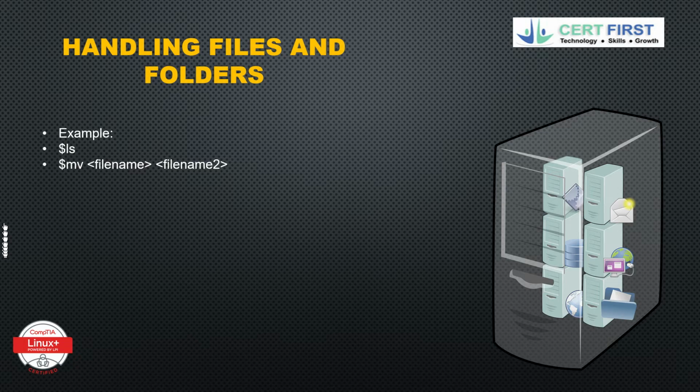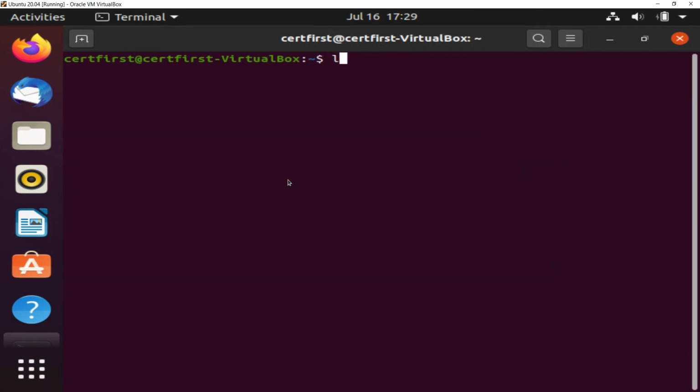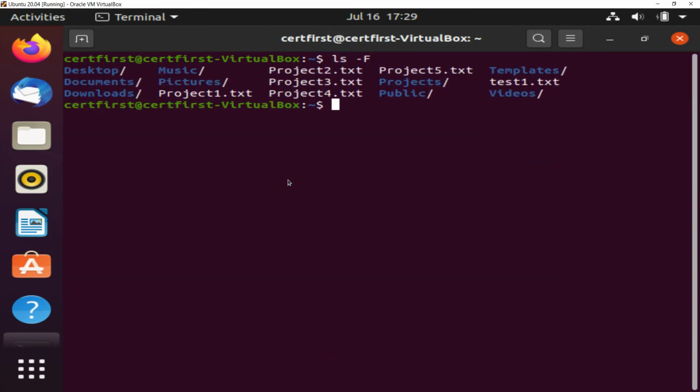So the move command has some commonly used options as well. So you can do the -i mode to make it more interactive. You can do the ls -f. Go ahead and clear the screen. So it'll actually show you